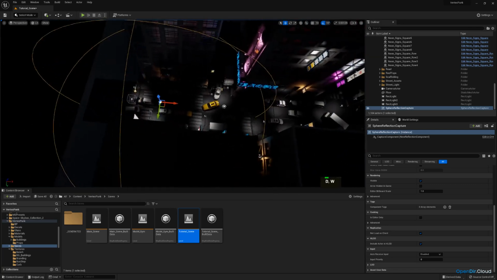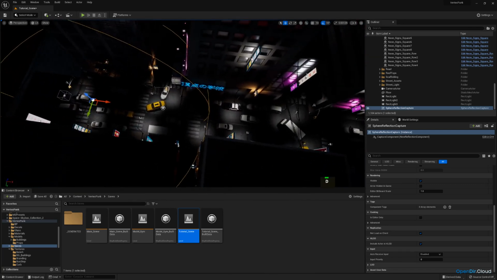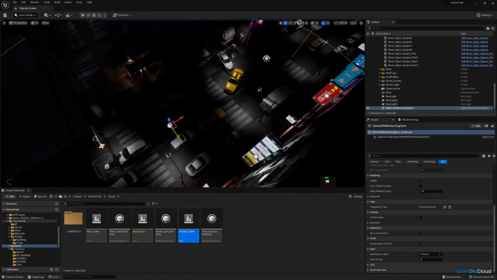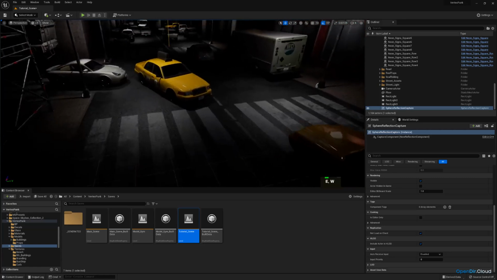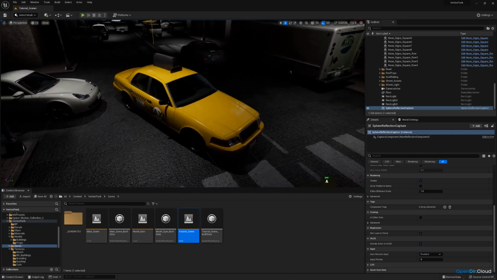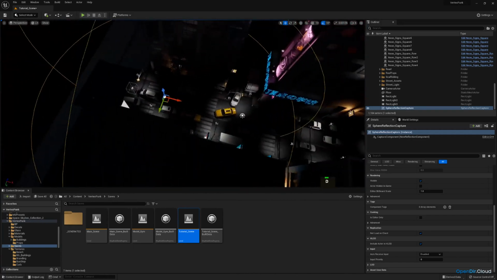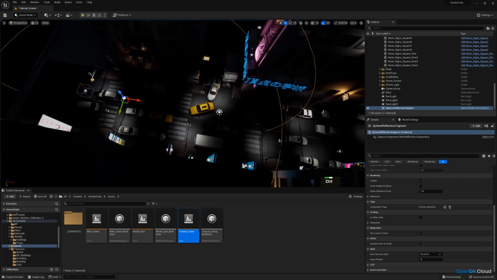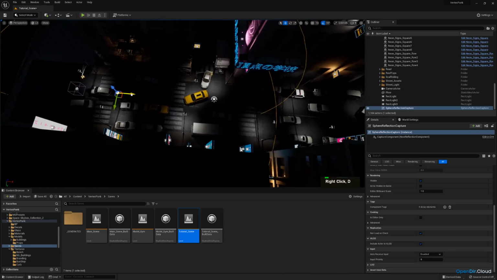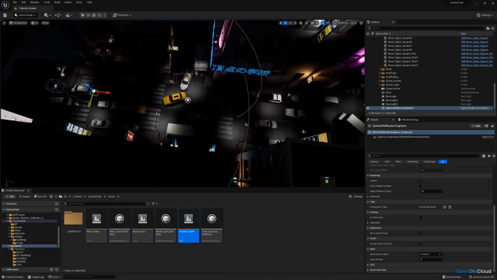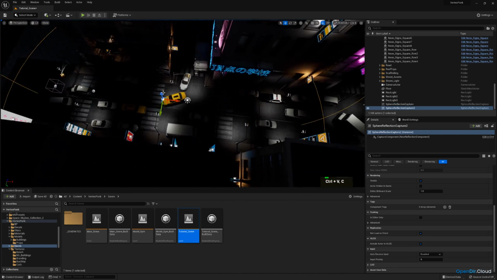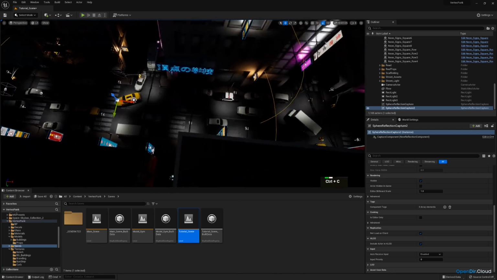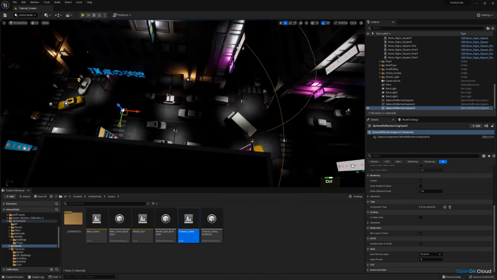I'm not going to go super specific. You can go really specific if you need perfect reflections, like for example on a car, then you can do that. For now we are just going to do it general, and what this means is that sometimes if we see a reflection it might not be perfectly accurate because your sphere is too far away to properly capture it. But try to just have some overlapping